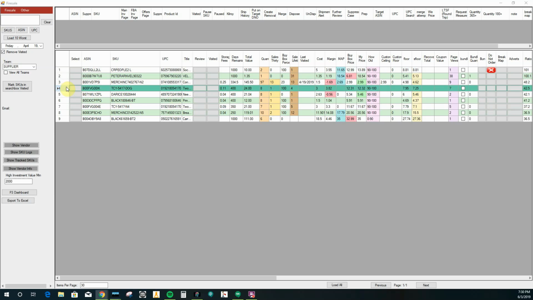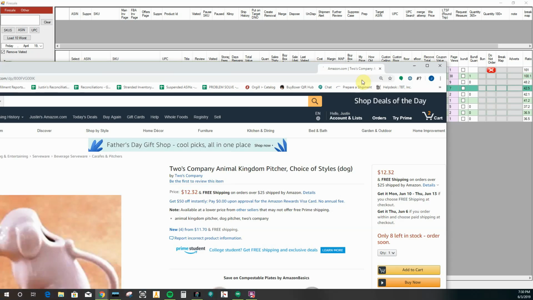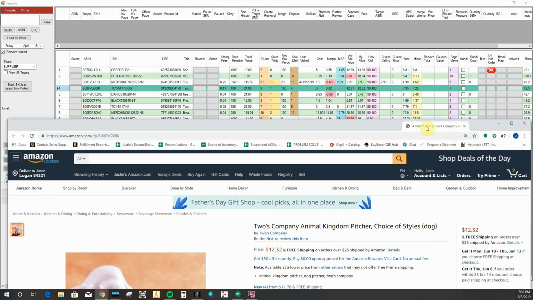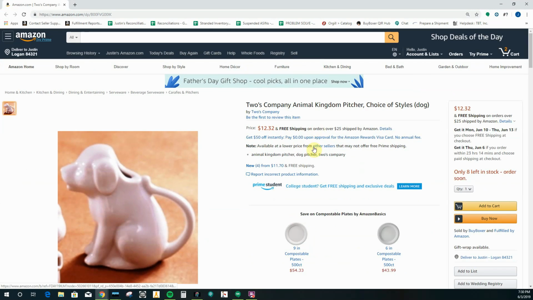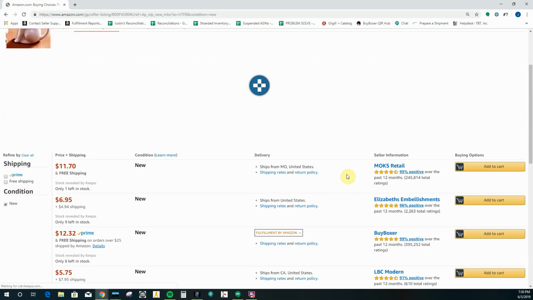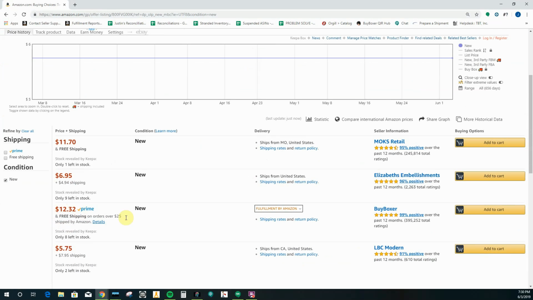Let's quickly take a look at it. You actually don't really have to take a look at anything. I mean, I would, because like you saw in the last example, sometimes what you're looking at in Firesale isn't quite up to date as far as numbers. 1232. We're the only FBA seller on here, so we're getting the buy box. These guys are at 695, but you have to include shipping. These guys are 1170, but they're not FBA, and so